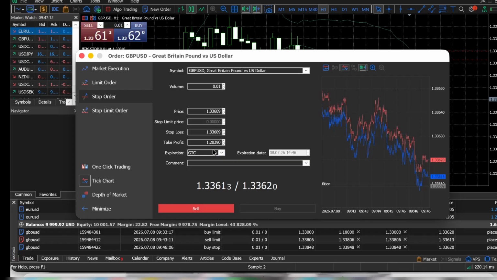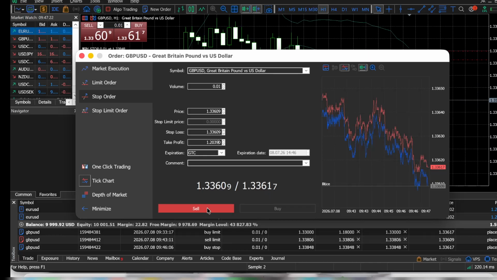Now, look to the left side of the order window for the stop order section. Here is where you will enter the exact price at which you want to trigger your sell order. Remember, a sell stop order is designed to execute your trade at a point below the current market price, so make sure the price you enter reflects this. This setup allows you to enter the market with the expectation that the price will continue to fall once it